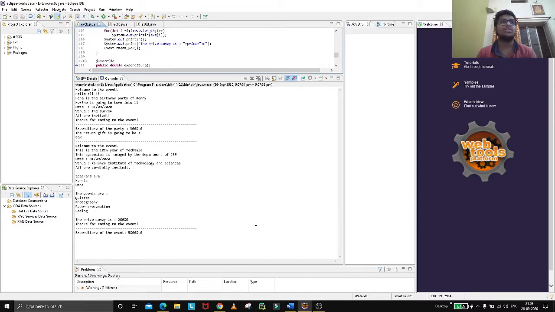And for this we have provided an expenditure of 3000 rupees, and the return gift is going to be a box. Another class was symposium, in which this is the 10th year of Tech Gola, and this symposium is managed by the department of CSE. So basically we didn't do anything, we just implemented the overriding of functions from the interfaces,